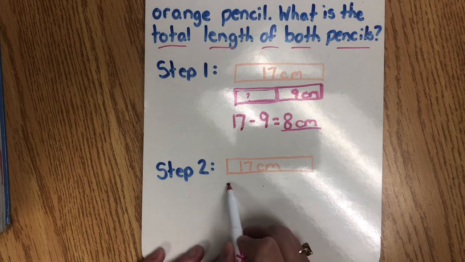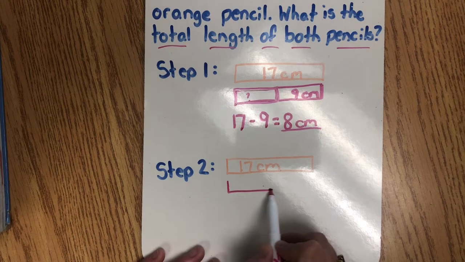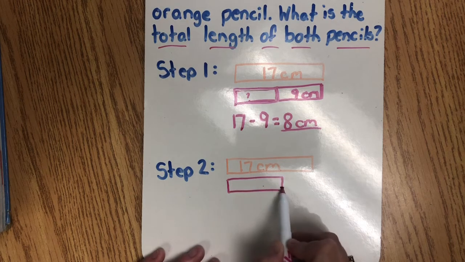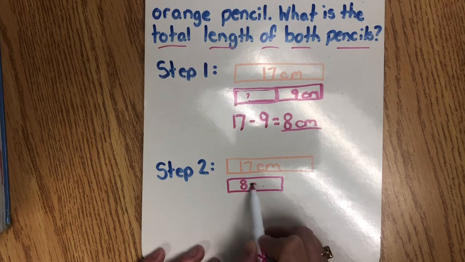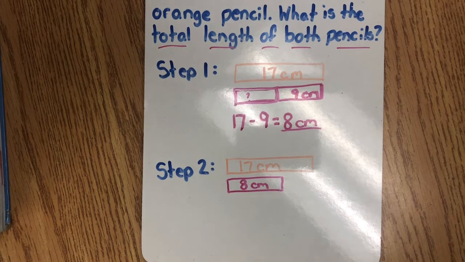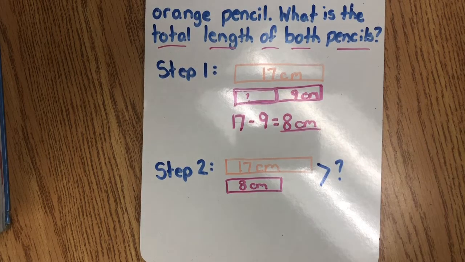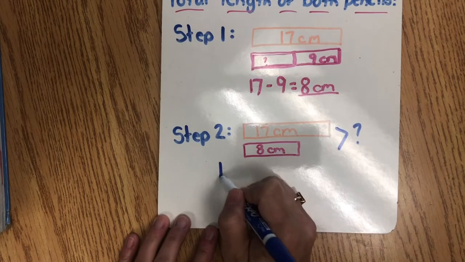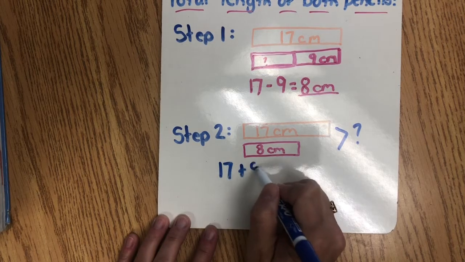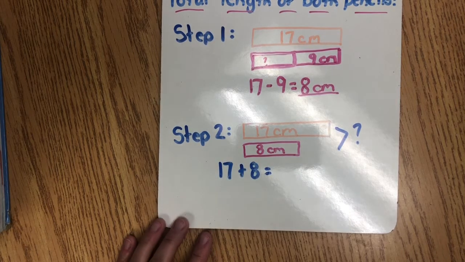We know that the pink pencil is 8 centimeters. And to find the total length, are we going to add or subtract those two numbers? You are correct. We're trying to find the total. So we're going to add 17 plus 8 equals,